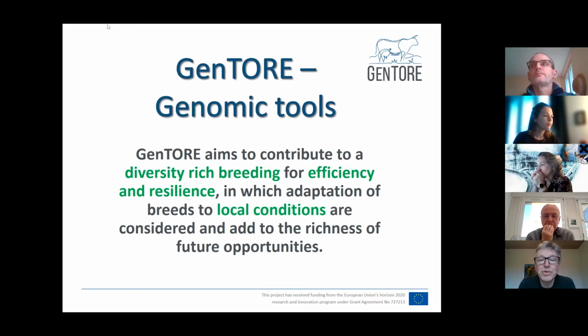So I tried to reach back a little bit into some of the objectives of GenTORE and write it down as a sentence here that can be improved upon for sure. In GenTORE, we aim to contribute to diversity-based breeding, with diversity for efficiency and resilience, in which adaptation of breeds to local conditions is considered, and hopefully add to the richness of the future possibilities